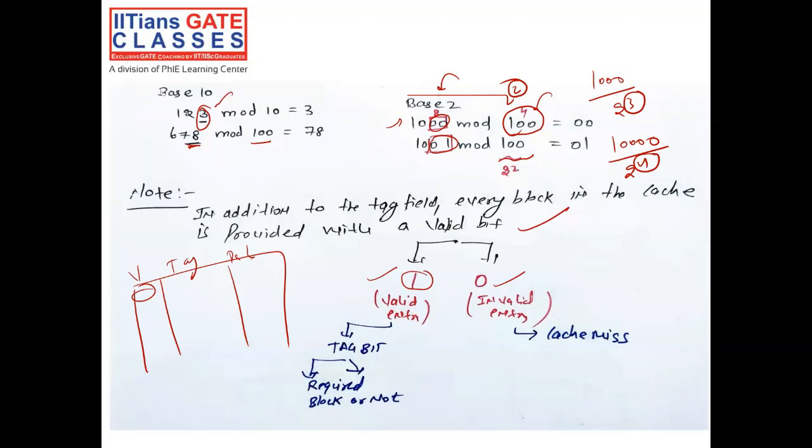Now again a CPU request came, and the valid entry is 1. Okay, the CPU referred to this block, but right now we don't know whether the actual block exists in the cache or not. Now we have to see the tag bits. If the tag bits match the CPU request, then we can say yes, this is a hit. If the tag bits do not match, then we say this is a miss. Similarly, if the entry is invalid, it is a don't care, like an empty situation in the cache memory, so it is always a miss, right?